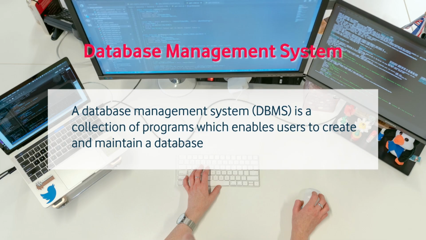If you have a very simple application in which you need to store only a few data, a simple or traditional file system may work. But if you have a more complex system, you need a database, and for managing your database you need a database management system. A database management system is application software that provides us the facility to create our own database.